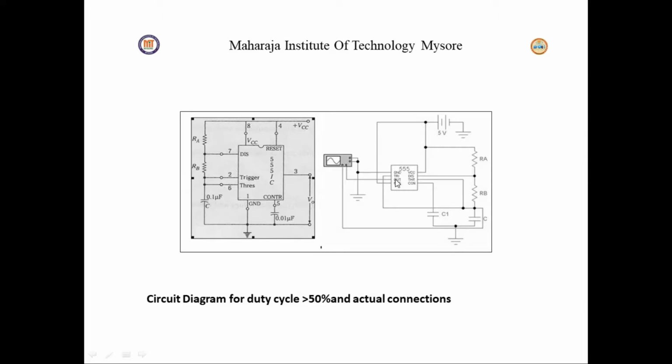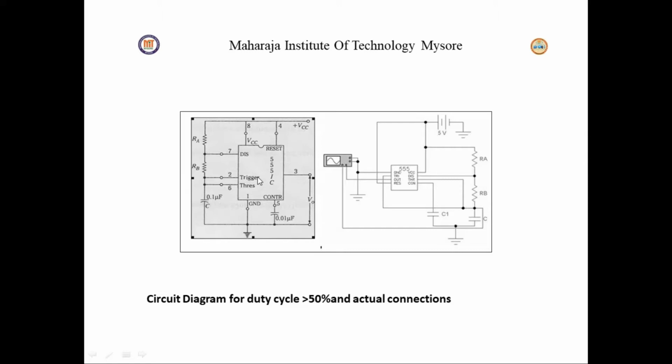So we have two important pins of the 555 timer IC. One is the trigger pin, you can observe TRI. This trigger pin is drawn from the negative input of comparator 2. The lower comparator output is connected to the set pin of the flip-flop. A negative pulse, that is 1 by 3 VCC, on this pin sets the flip-flop and output goes high.